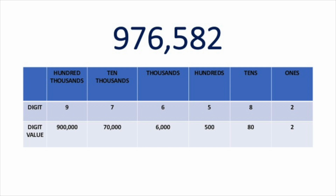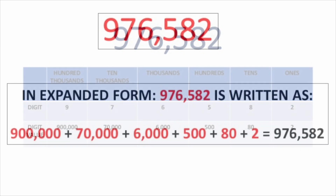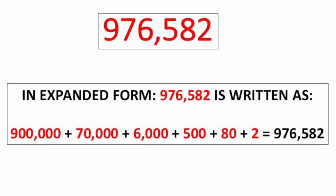582. 900,000. 70,000. 20,000. 6,000. 500. 80. And 2. 976,582 gives us 976,582. So in expanded form, we can write it as